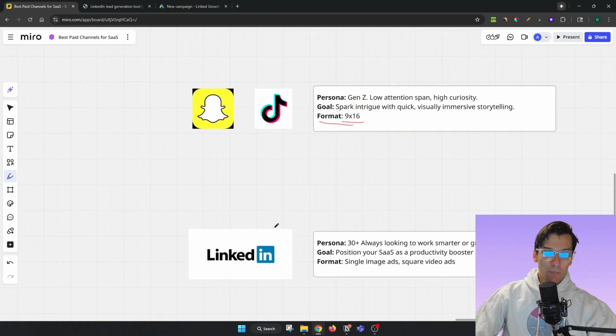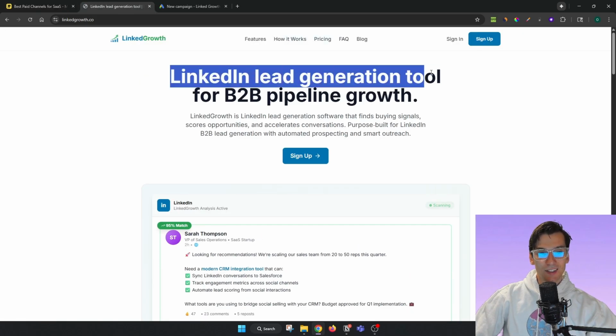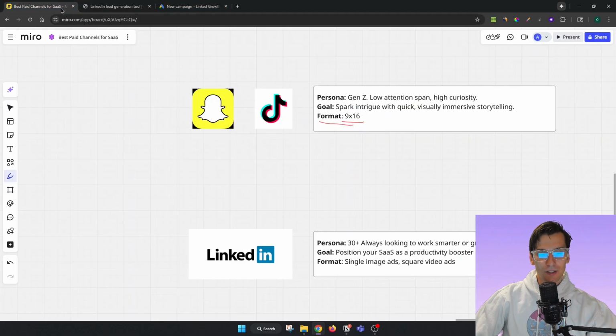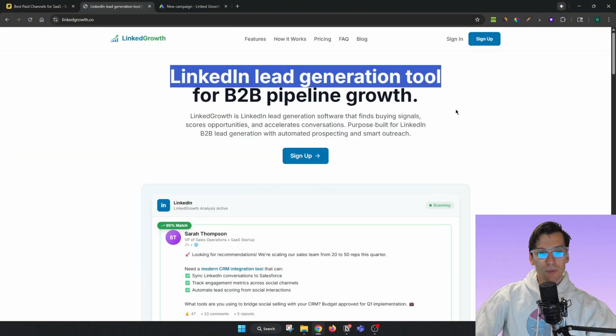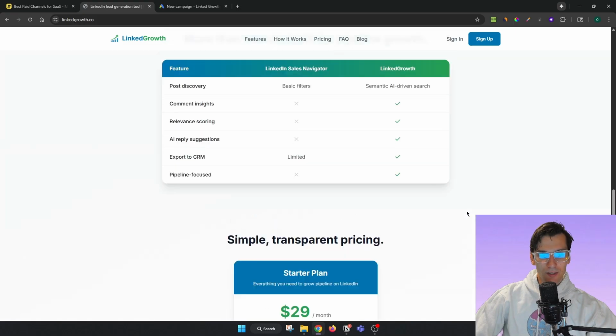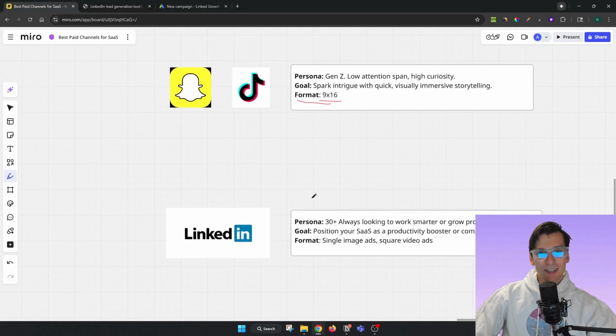Next is LinkedIn. Personally, I haven't done LinkedIn ads, so I'm not an expert. I want to be upfront. I haven't made startups or SaaSes that are corporate, so who would be your target persona? It's older people, companies, sales, marketing, HR, healthcare companies. So I showed you my existing LinkedIn lead generation tool, which would be perfect here. But the problem is LinkedIn already has their tool. It's called LinkedIn Sales Navigator, which I compete directly against, and I have even a comparison table here, them versus me. So I can't do it on LinkedIn because they will just obviously flag me and ban me there.